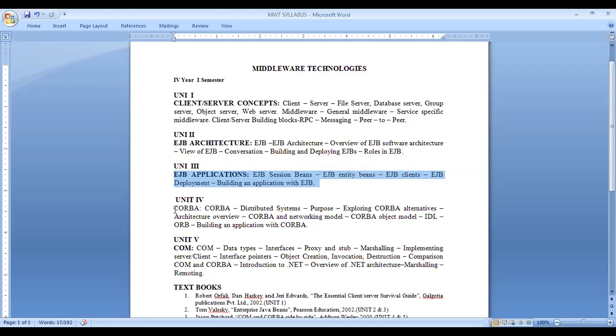Next, in the fourth unit, we are going to see CORBA technology. What is CORBA technology? Overview, architecture, then designing an application using CORBA. Whereas in the fifth unit, we will see COM technology about proxies, stub, marshalling, client server architecture, and then here we will see .NET application, like designing and deploying a distributed application with .NET. So this is about the syllabus of middleware technology. Now we will see